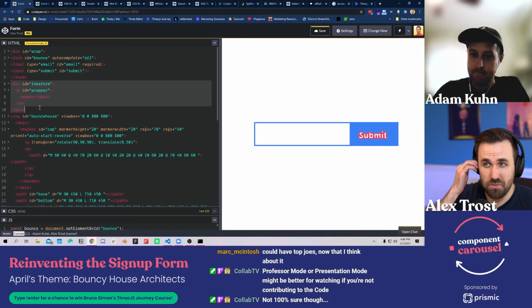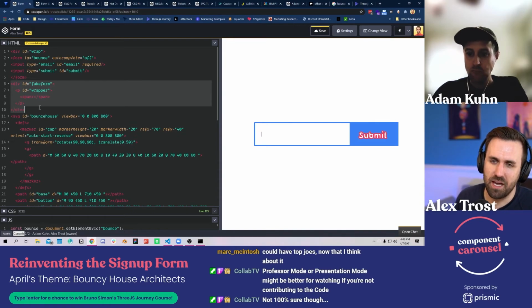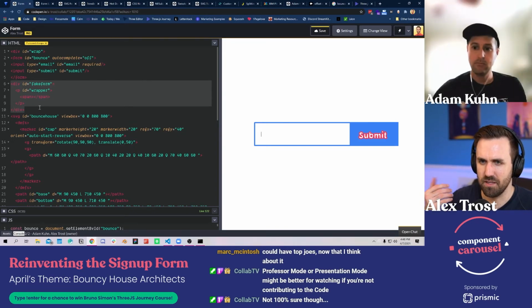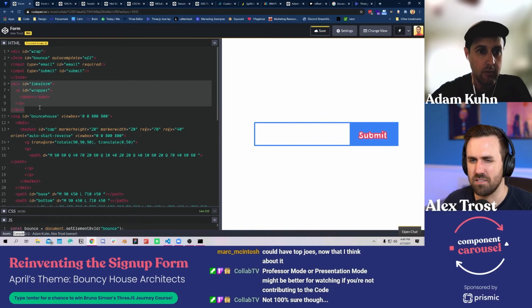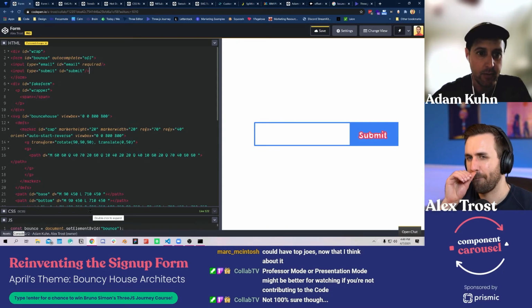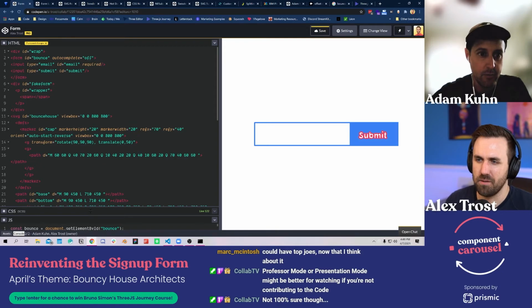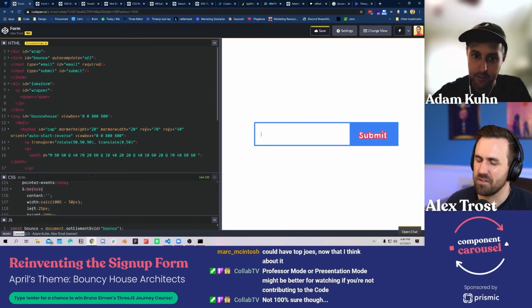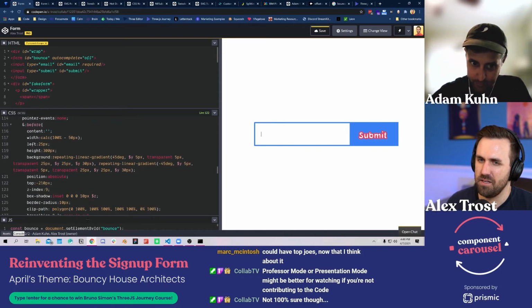Adam, are we doing that because it's easier to animate these spans than it would be to animate things inside the input? Yeah. We can't append a bunch of spans within the input. Technically we probably could, but that's a super bad, janky practice. So we're just going to separate completely.